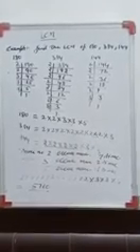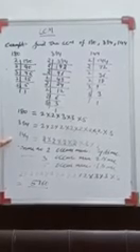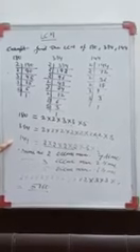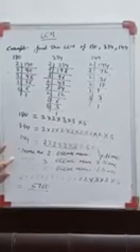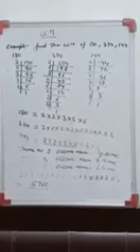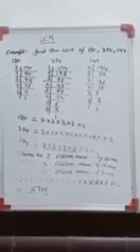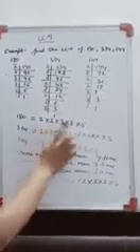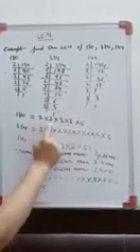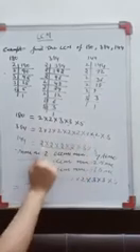So in case of LCM, what you need to do: first do the prime factorization of all the numbers, then write the prime factors, right? And then check which prime numbers are repeating in the prime factorization. Then check how many times each prime factor is repeating in a particular number, and in case of LCM you need to take the maximum number of times it is repeating. Over here 2, 3 and 5 were the prime numbers, right? So here 2 is occurring 2 times, here it is occurring 7 times and here it is occurring 4 times. Which is maximum? Obviously 7. So we will take 7.